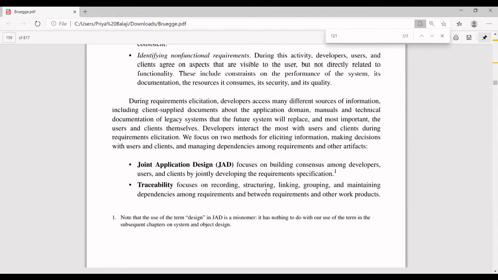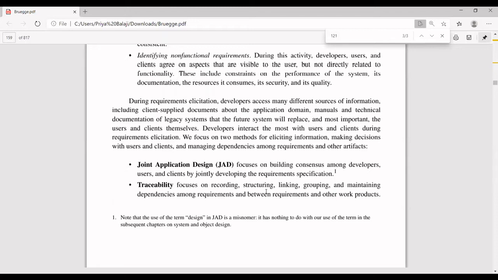You can use JAD in your future. Instead of having only client information, you can have JAD information, because the client blindly will be asking you, I need a product for doing so and so. But he doesn't know whether that is actually achievable, whether it is possible. So you can involve the developers or any expert in that discussion.